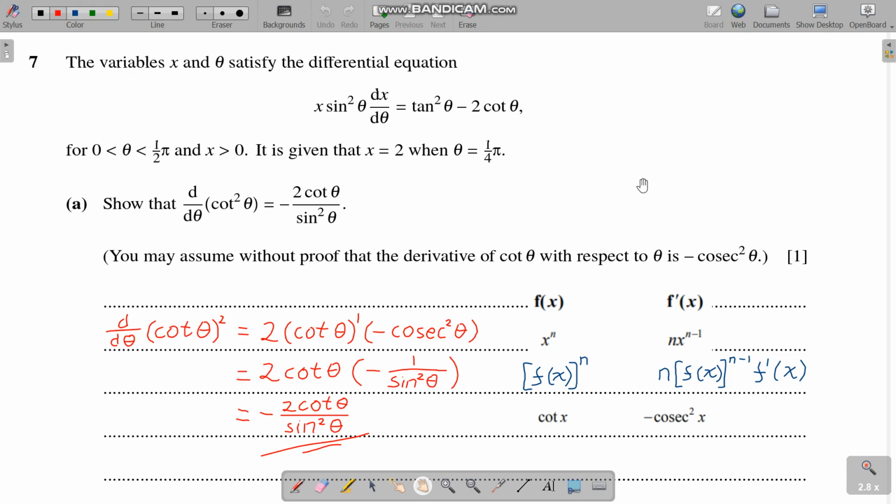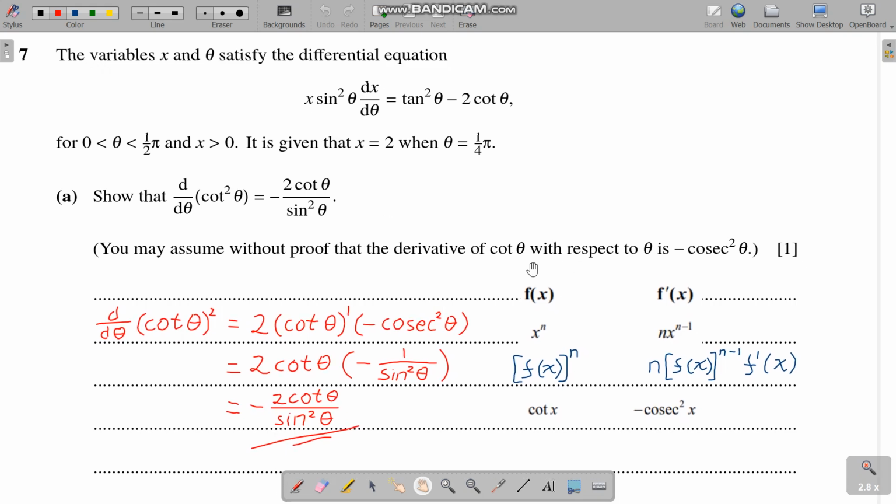Hello everyone, this question is about differential equations. The variables x and theta satisfy the differential equation. Show that the derivative of cotangent squared theta with respect to theta equals this. Okay, so you may assume without proof that the derivative of cotangent is minus cosecant squared, of course using the